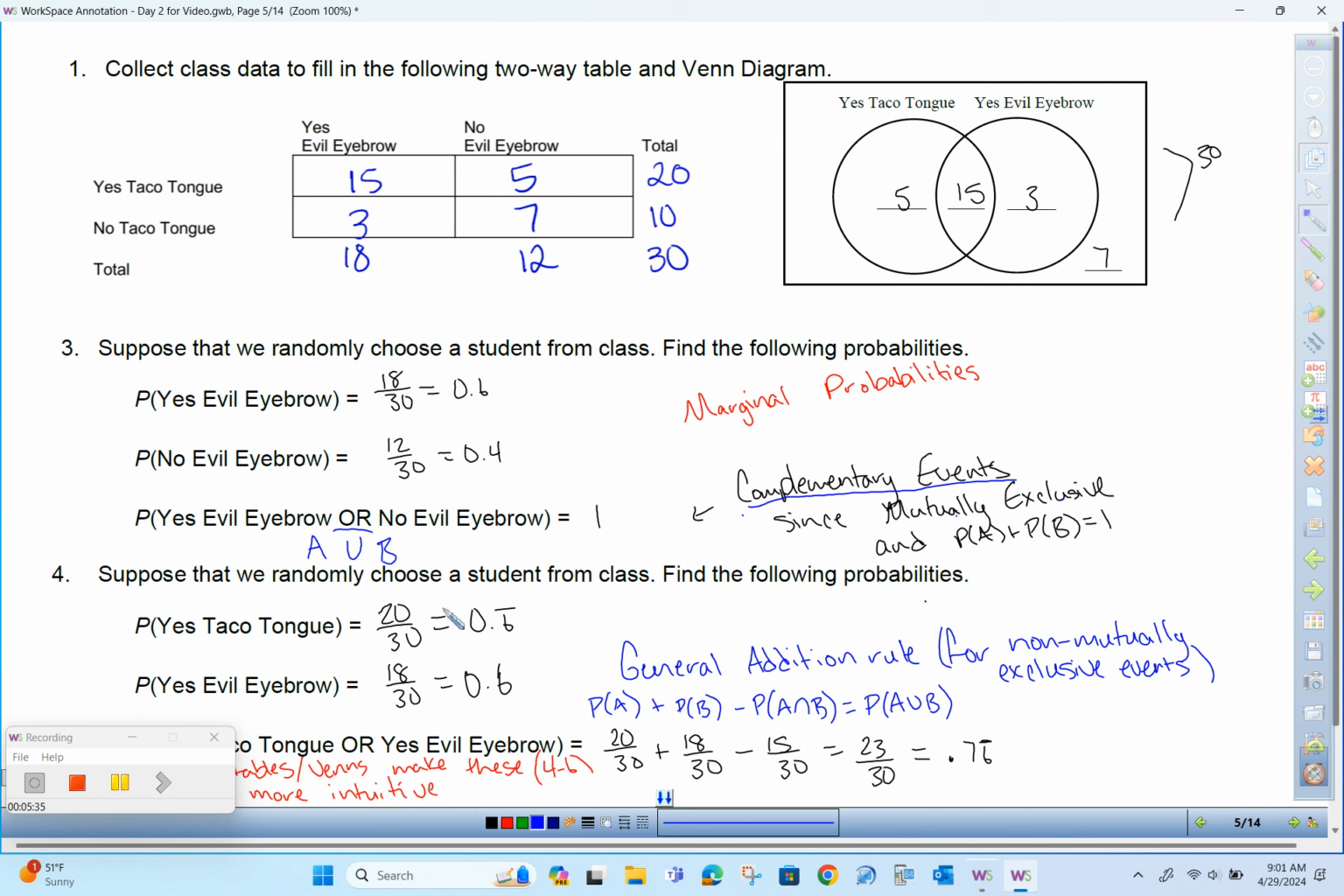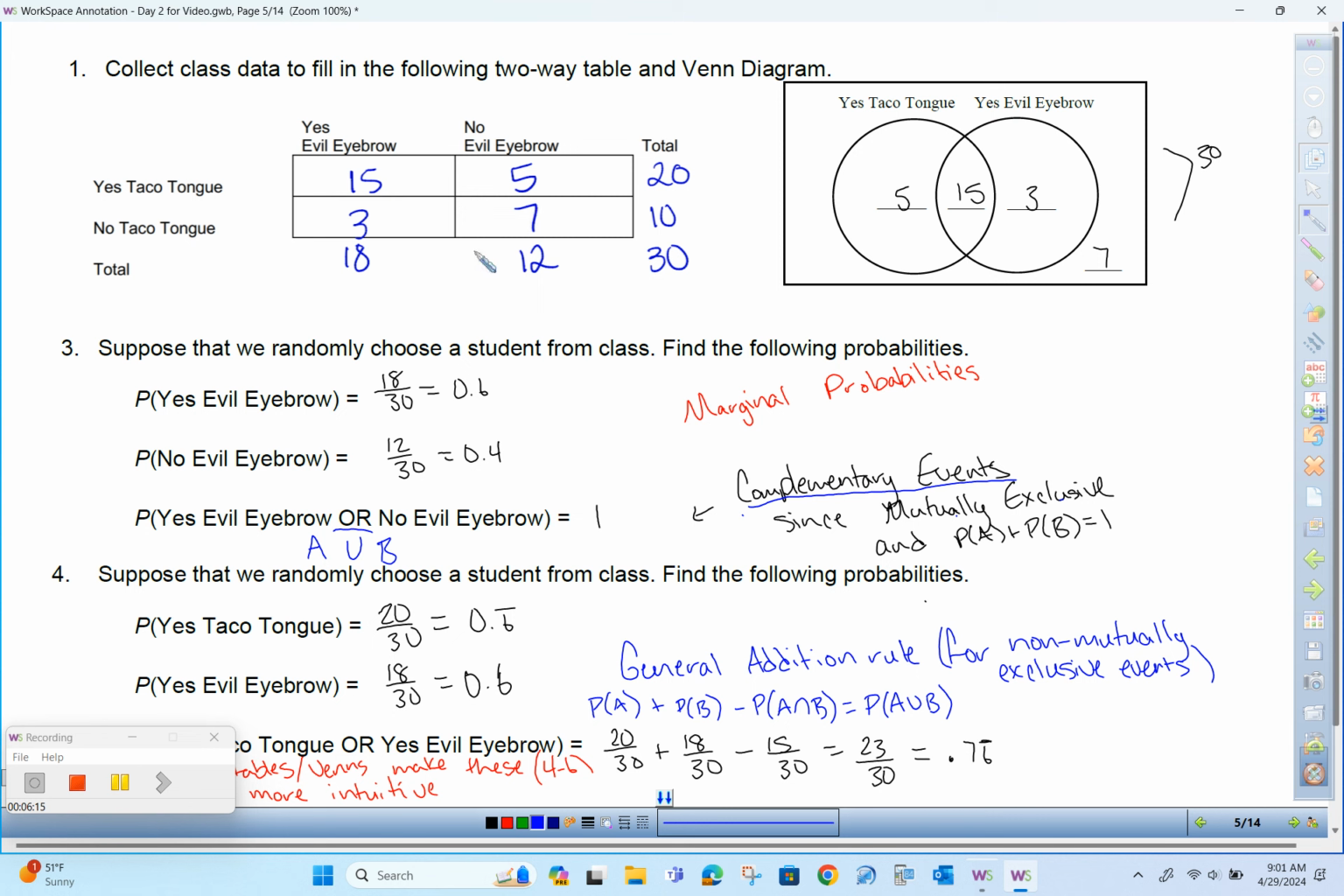All right, these ones down here, yes, taco tongue, again, were marginal probabilities, 20 out of 30 for that one and 18 out of 30 for your evil eyebrow. These ones are not mutually exclusive because yes, taco tongue and yes, evil eyebrow overlap. So we could take the 20 total from the first circle and the 18 total over here and subtract off the intersection. Okay, or you can go up to the table, and this is what I usually like to do